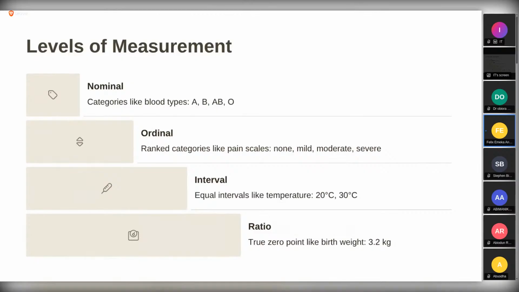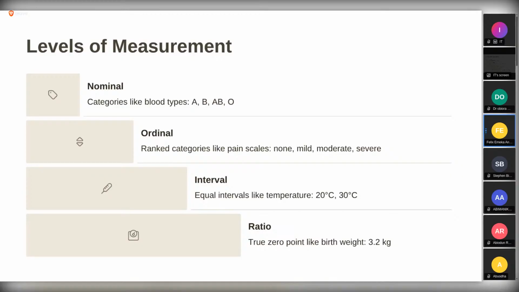Now, any data you collect that does not have an order, no variable, no value is greater than the other in terms of the variable. All right. So when I say variable, I'm talking about the name itself. Then when I talk about value, I'm talking about the units that are there. So for nominal, the units are not increasing, they are not decreasing in any way. They are just there. That's why they are called nominal.